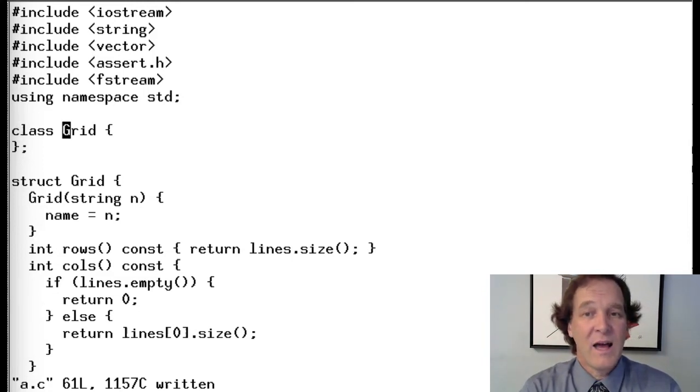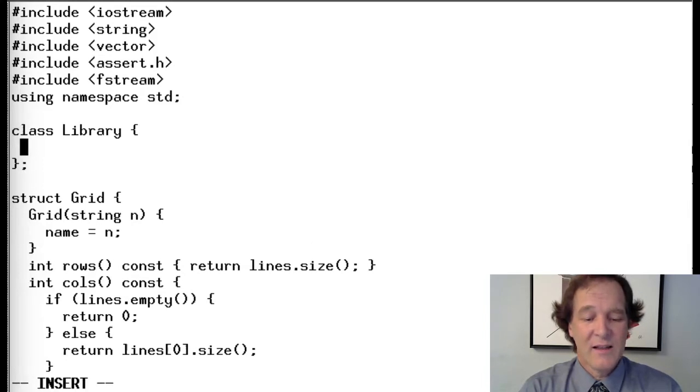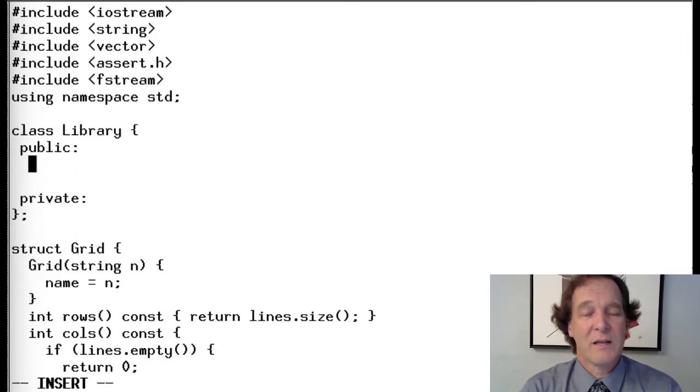So we're going to say class, and we're going to call it library, just because that's a good descriptive name for this collection of words. It's very much like a library of books. We're going to use that analogy during this lecture. And what we need to do, though, because things in a class are private by default, is initially say public to let some functions be public. We need some functions to be public because, for instance, the one we just want to do, which is void read from file,